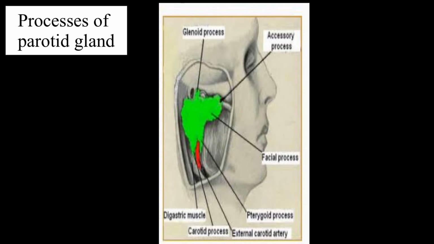Since the parotid gland is present on the parotid mold, it presents some extensions beyond the parotid mold, which are known as the processes of the gland. There is one facial process, which extends forward superficial to the masseter along the parotid duct. The accessory parotid gland is a small part of the facial process which is detached from the main gland, and it is situated between the zygomatic arch and the parotid duct.